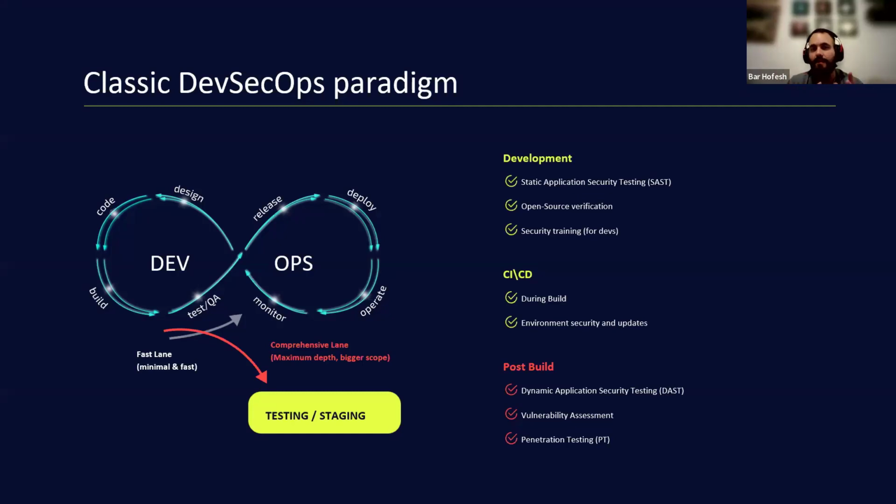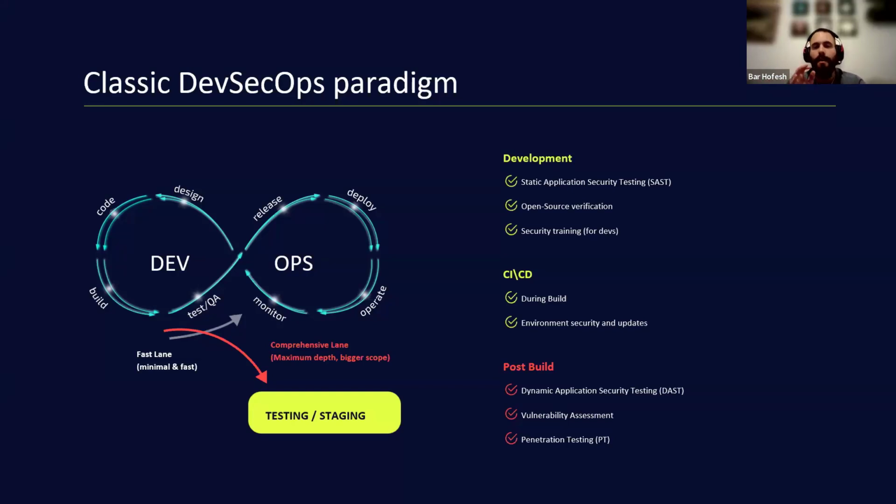Now, in the CI/CD itself, we can run container analysis. We can run infrastructure as code testing. We can do all of those tests and checks, even SAST and SCA, but inside of the CI/CD build. So even if it didn't run on the development flow, at least it runs in the CI/CD itself. And post-build, we can do things like full web security analysis. So a DAST solution, we can run vulnerability assessment and if needed, we can even do penetration testing, but either